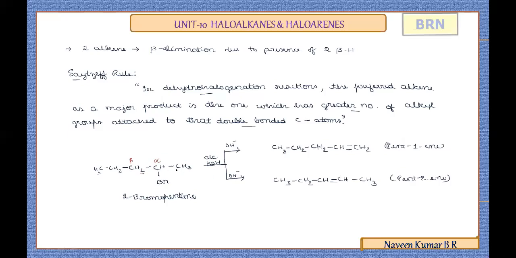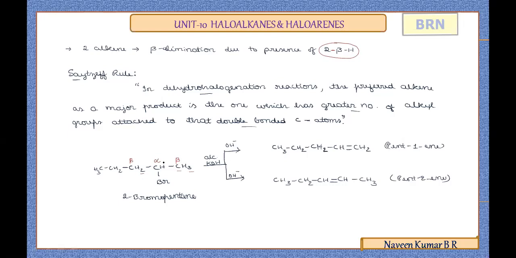And towards the right side, the carbon, again it is a second carbon for this, so hence it is also a beta carbon. Again, it also possesses the hydrogen attached to it. So hence this is an example of alkyl halide possessing two beta hydrogens. So we know that the rule can be understood for the type of alkyl halides which possess two beta hydrogens.